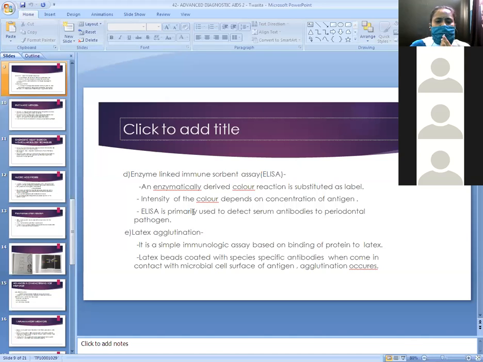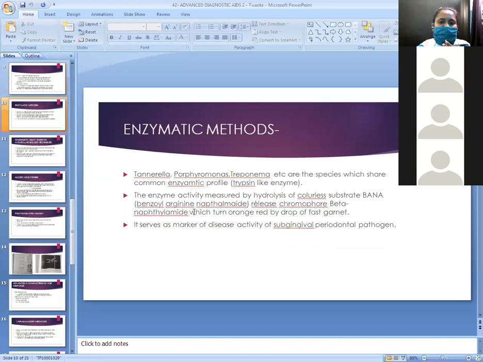Yes, ma'am. Okay, so ELISA is enzyme linked immunosorbent assay. So enzymatically color coded or color reaction, which is labeled, and based on intensity, you can find the presence of bacterial antigen. Another technique is latex agglutination. In this enzymatic technique, one technique is the chair side diagnostic test. So Evalusite is a chair side diagnostic kit, which is for detection of